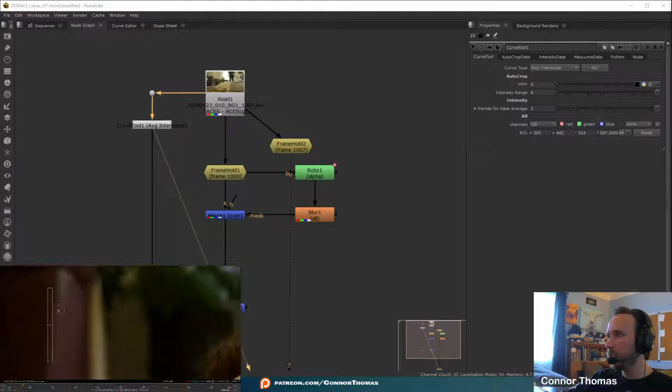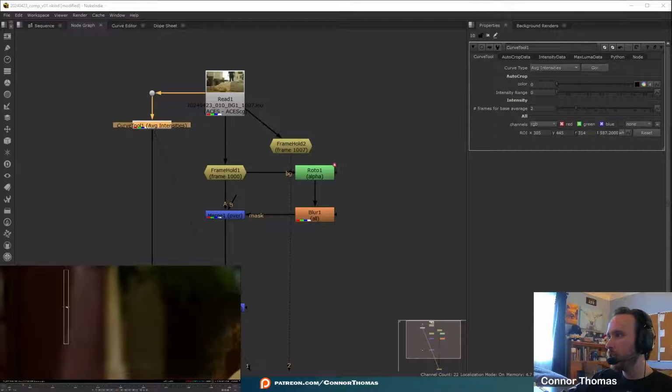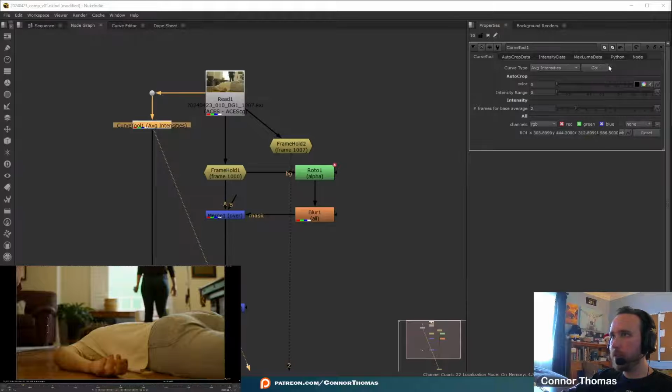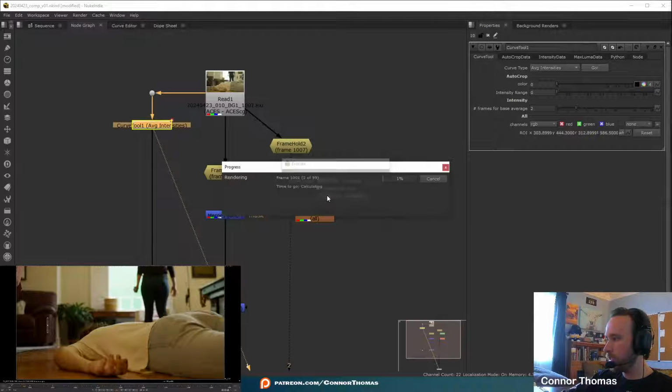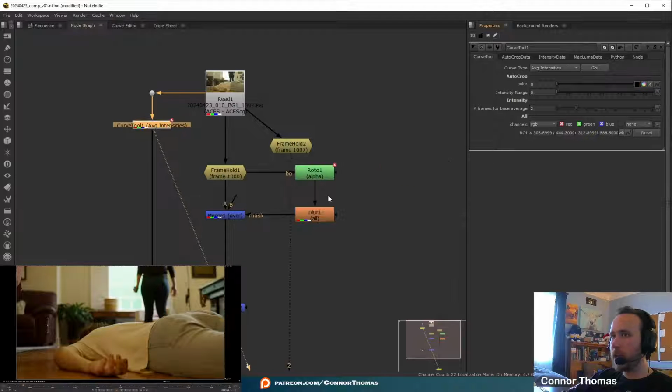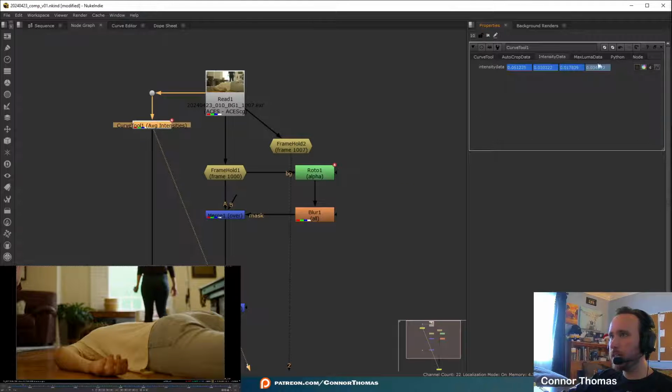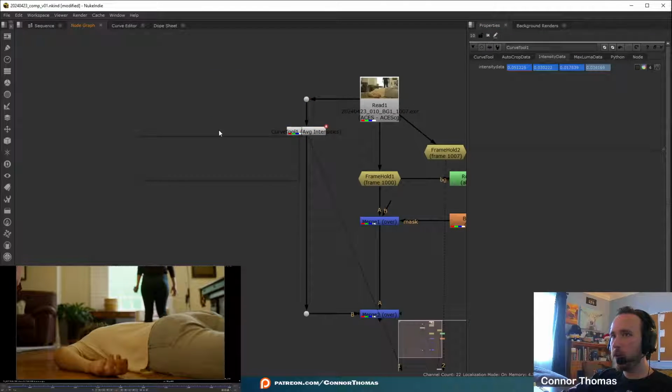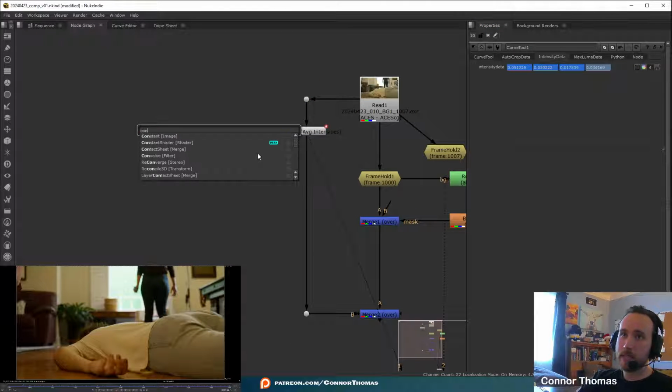And ideally, we're just going to want this area, it's right up here against the couch. And now if we hit average intensities and we track this throughout the entire scene, what's going to happen is that it will create our intensity data based off of that part of the couch. Now, we can test this by, let's say we take a constant,